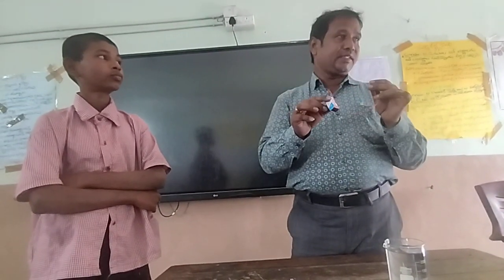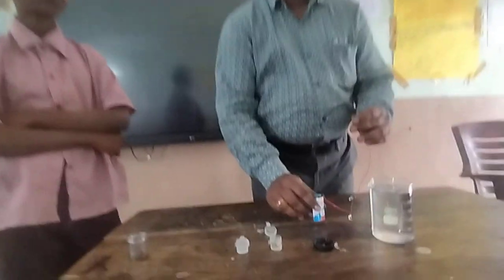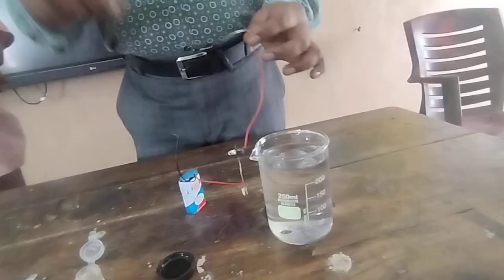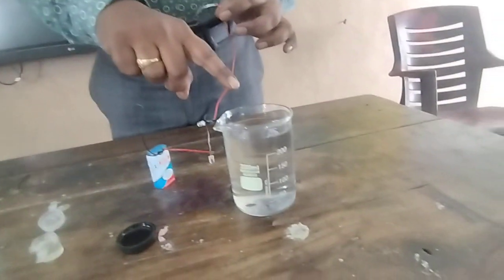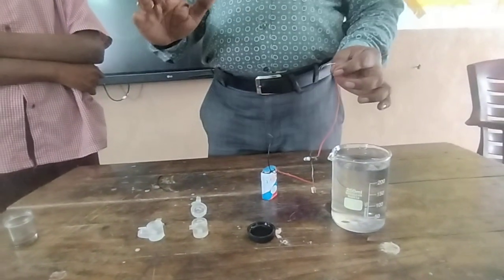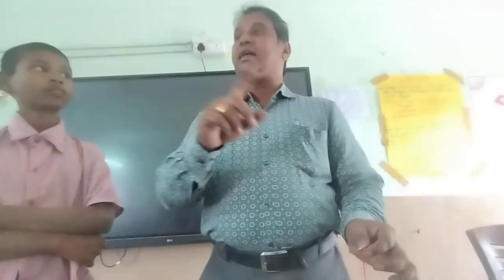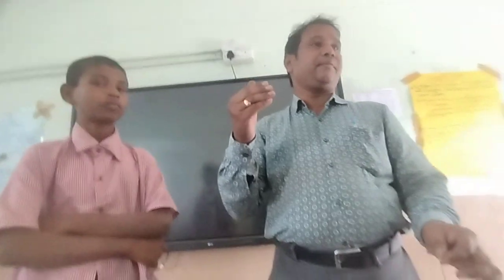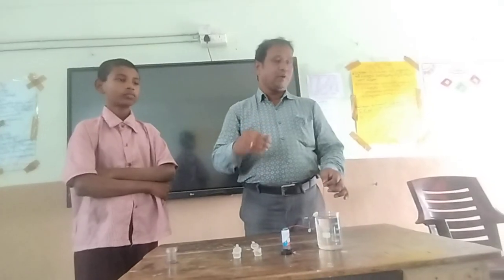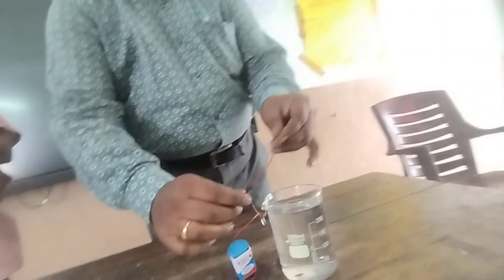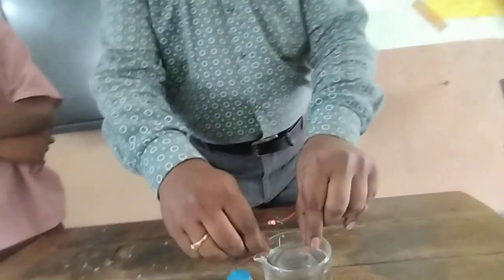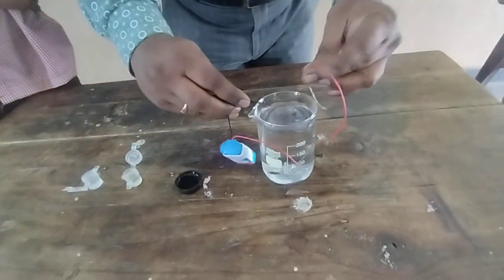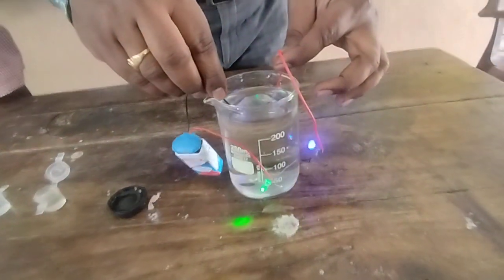Now we have to use this and test in the liquids. If the bulb glows when you complete the circuit using liquid, we can say that it is a closed circuit and conductivity is there. The meaning of conductivity is allowing the current to flow through it. Now let us suppose I have taken our school water in the beaker and tested.